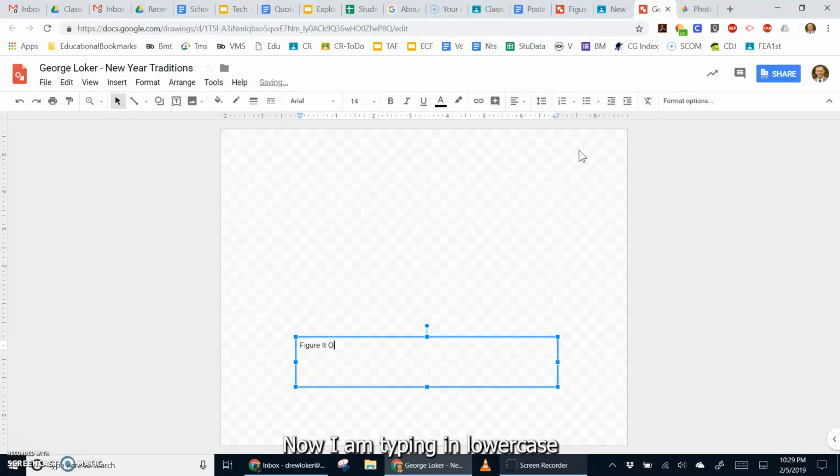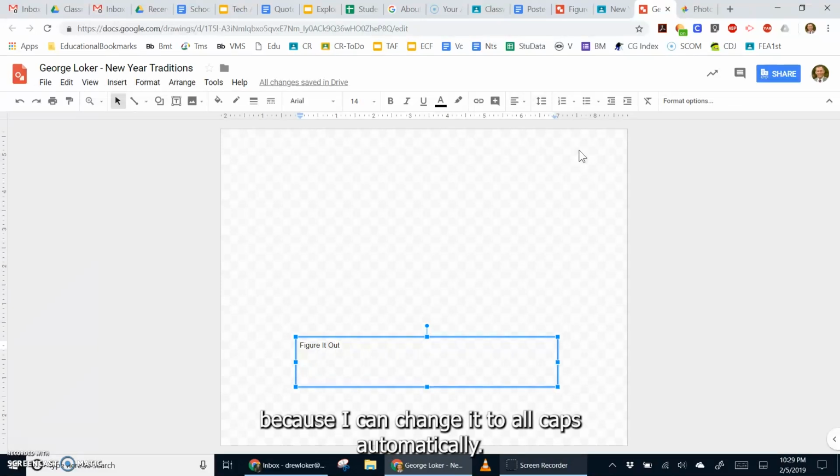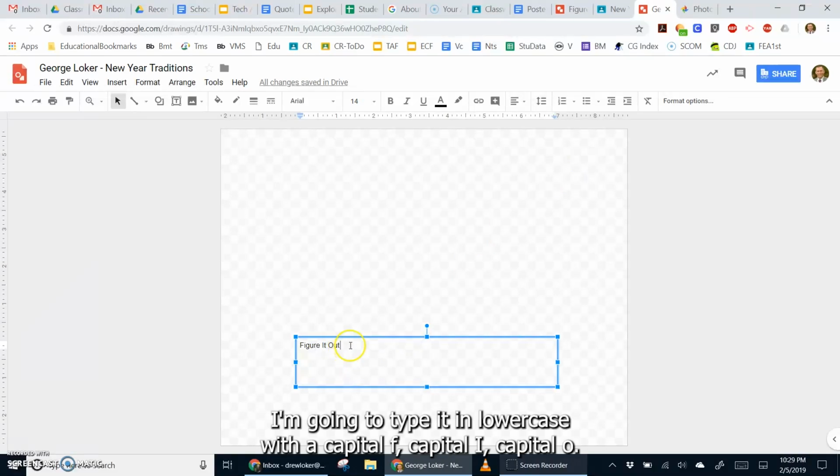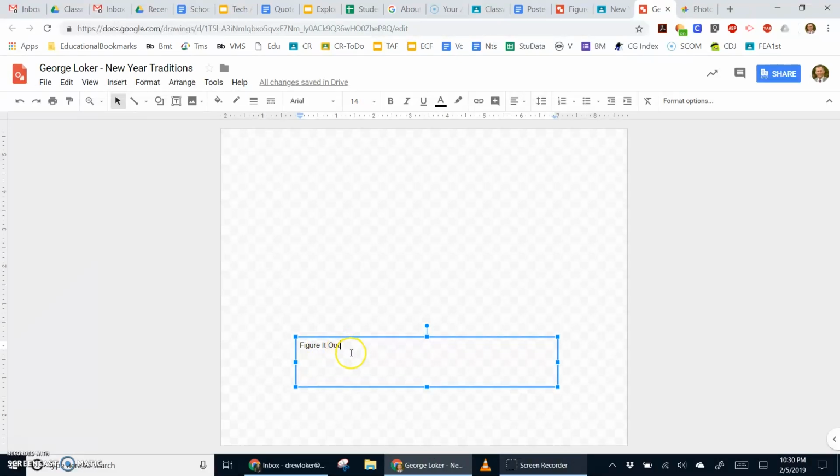Now I am typing in lowercase because I can change it to all caps automatically. And just in case I want to change it to a lowercase, I'm going to type it in lowercase with a capital F, capital I, capital O. Then I'm going to do a Control A to select all, Control Shift E to center,